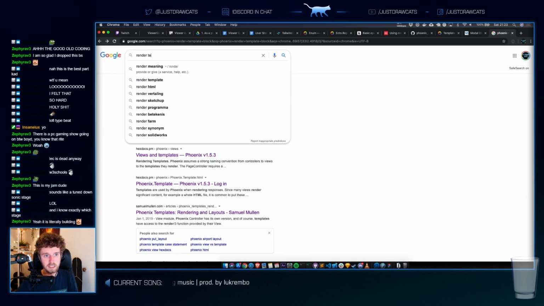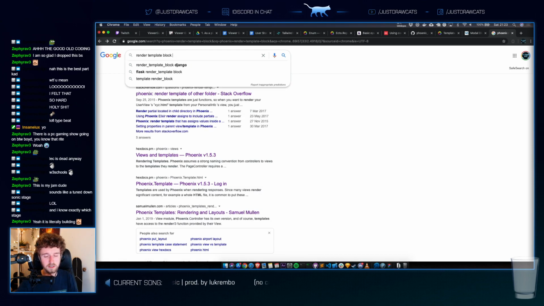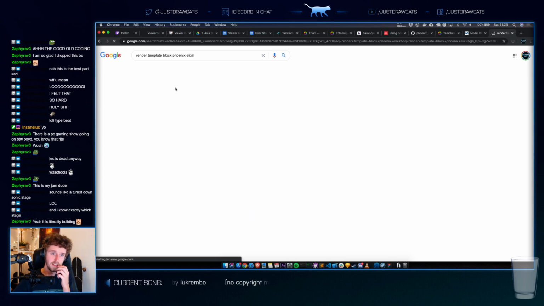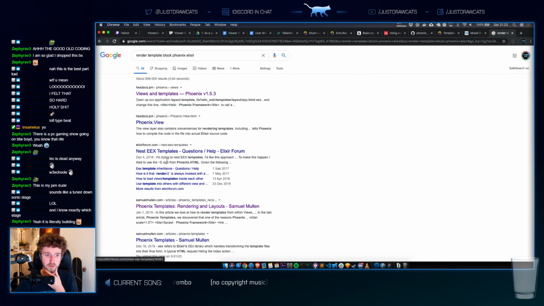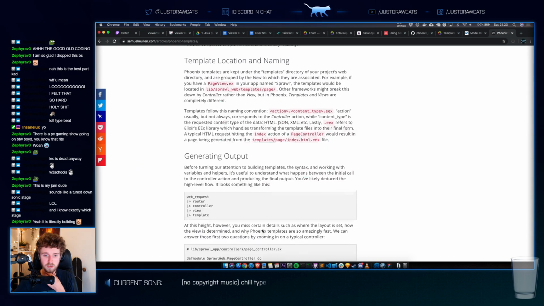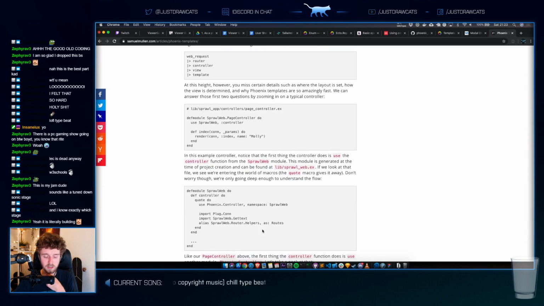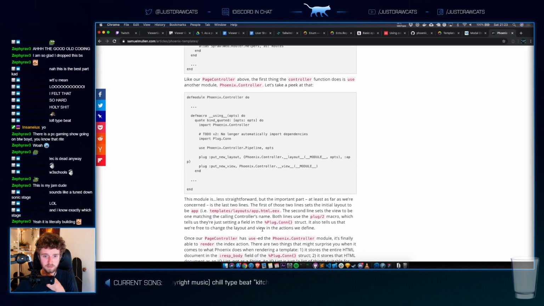Render template block. Phoenix, Elixir. If this templating engine is too annoying, then I'll just quickly switch to something else. And I'll just expose APIs.